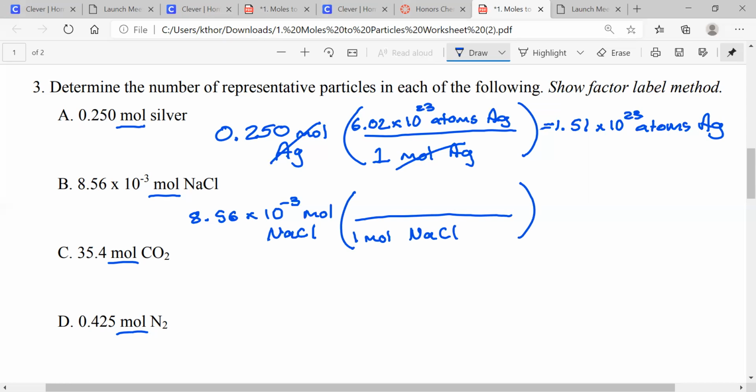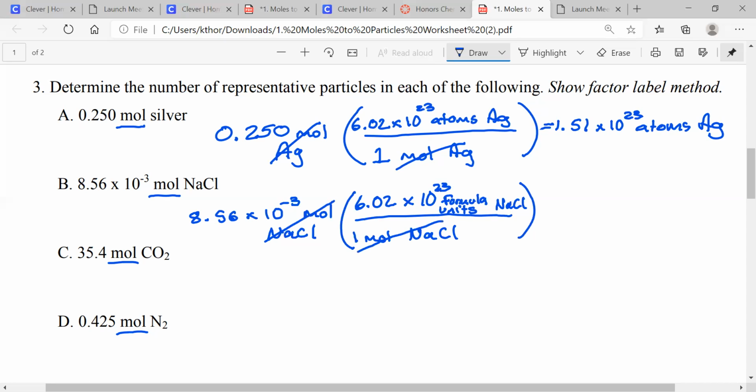It is ionically bonded because sodium is a metal, chloride is a nonmetal. And we're going to put 6.02 times 10 to the 23rd formula units